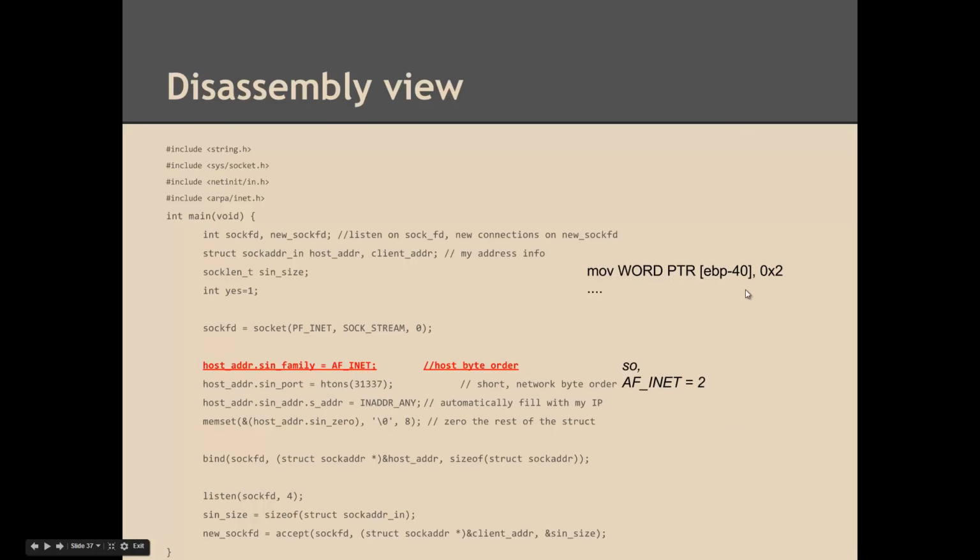So AF_INET is 2, so it's moving 2 into its appropriate place in the struct, and host to network short will translate the given short to the network byte order, so little endian versus big endian, whichever the network has agreed to use, and that is then getting put